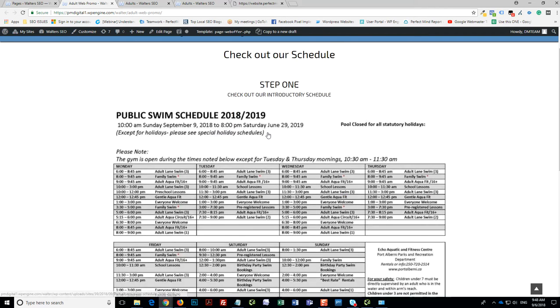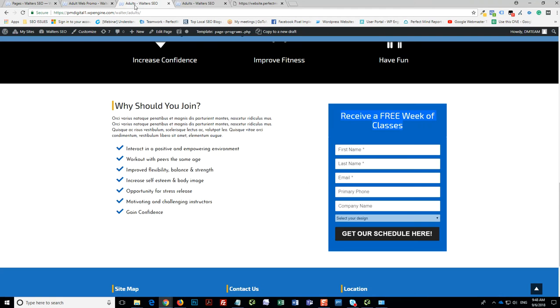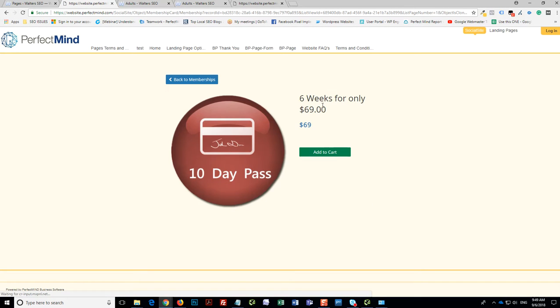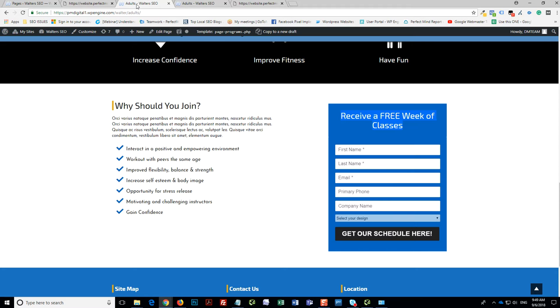So step one, check out our schedule. That is why the button here, Get Our Schedule Here, has that. Then step two is basically 6 weeks, only $59, free uniform, so buy now. As soon as I click on this, it will take me to the web offer, which is this one. Now, as you can see, my offer here is 6 weeks for only $69, and this is in Perfect Mind. So if we go back to the page we're looking at,